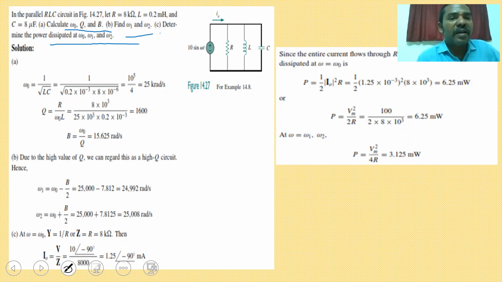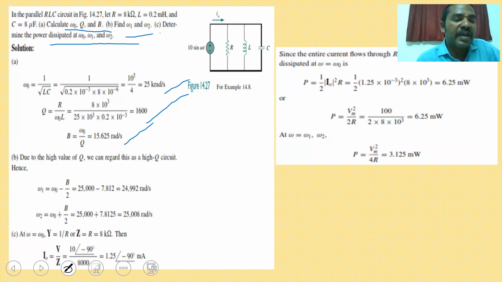So L is given as 0.2 millihenry and C is given as 8 microfarads. So if you substitute, you can get 25,000 radians per second. Then the quality factor Q is equal to R by L omega naught. So R is equal to 8 kilo ohms, omega naught 25,000 and L value 0.2 millihenry. So if you substitute, you are getting 1600. Then bandwidth is equal to omega naught by Q. So that is 25,000 divided by 1600. So we are getting